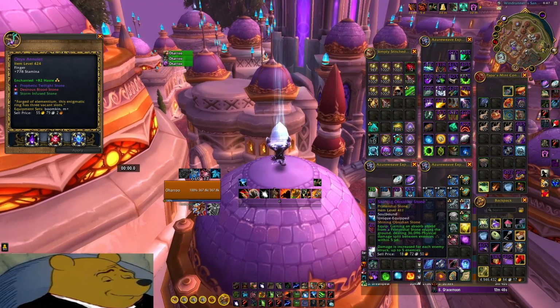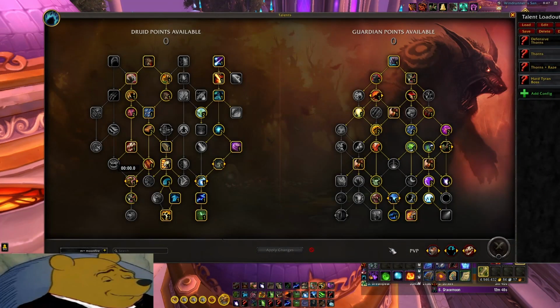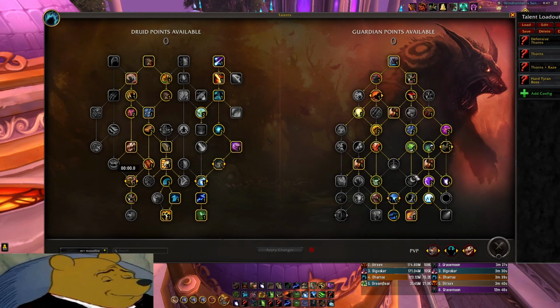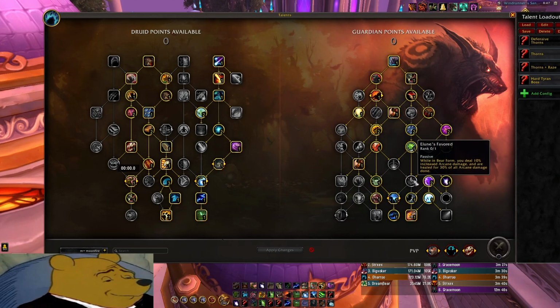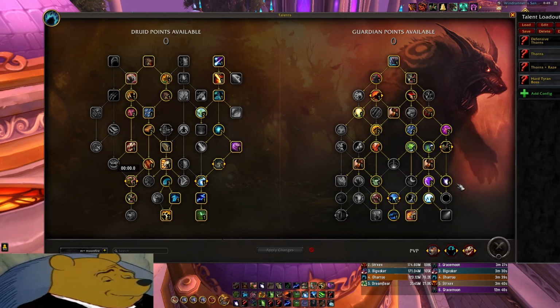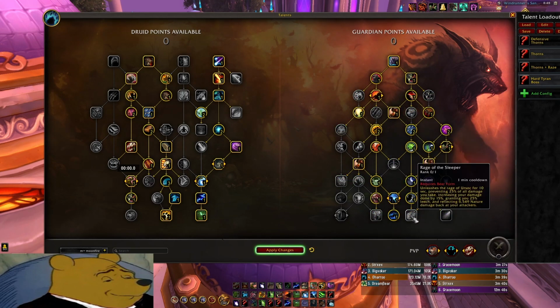Alternatively, I'm not so sure how many Guardian Druids are actually running the build, but you can play the arcane damage talents here, and you can run Humming Arcane Stone for more single target. I don't know in what situations you would actually run that though, as you would have to most likely drop Rage of the Sleeper, which...